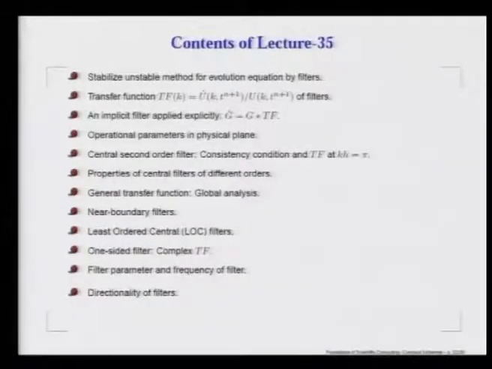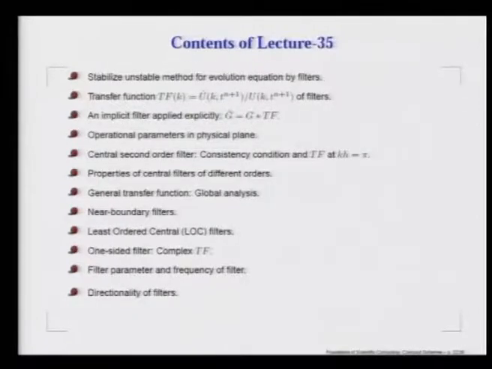Lecture 35, and we continue our discussion on stabilizing effects of filters. We can pick up any unstable method, and we can actually design a filter in such a way that we have a stable method. The property of the filters is defined in terms of what we call a transfer function, which is the quotient of the Fourier Laplace amplitude after and before filtering, and this kind of implicit filter